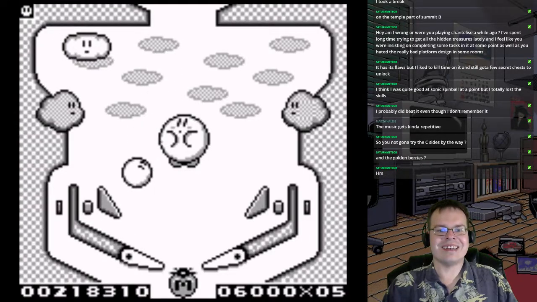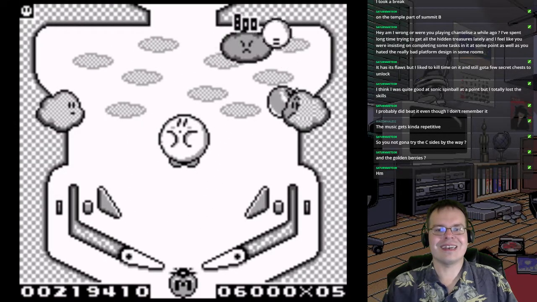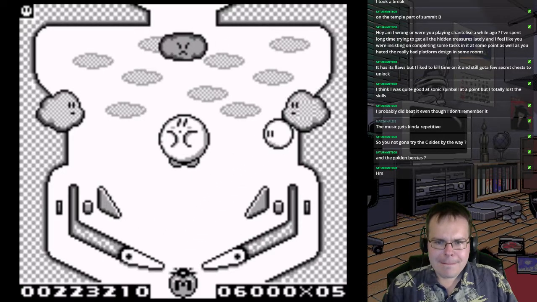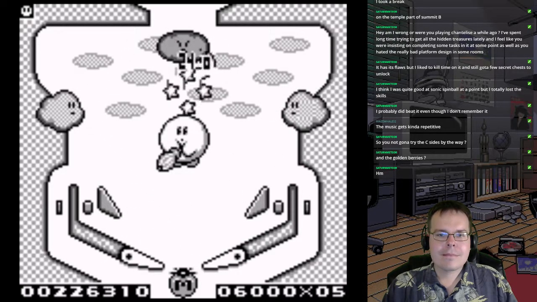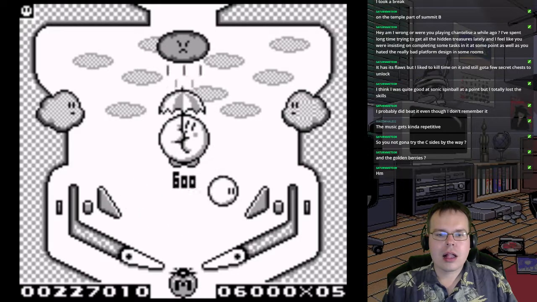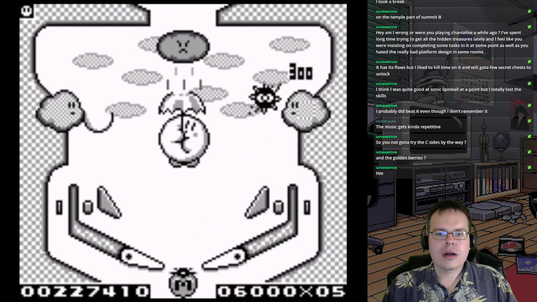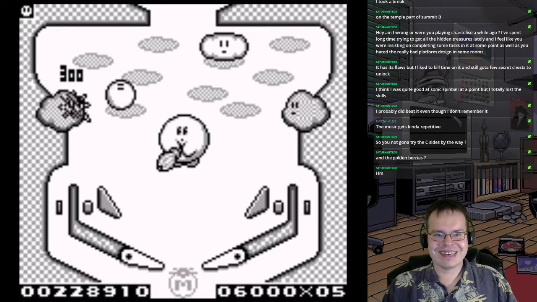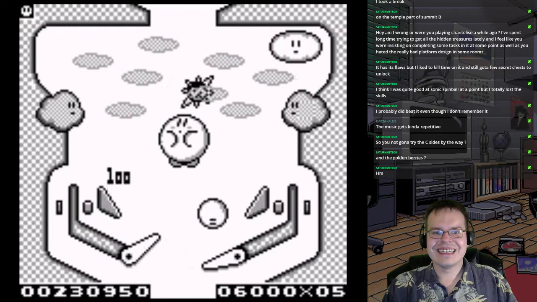Shit. If I had not hit the flippers there, I moved the flippers at an angle so that it would pass through. What? That passed right through it! What is this mess? Okay, actually...